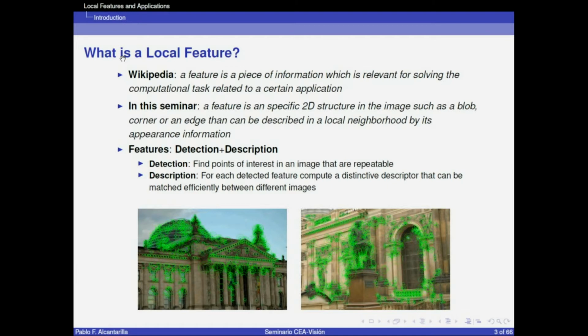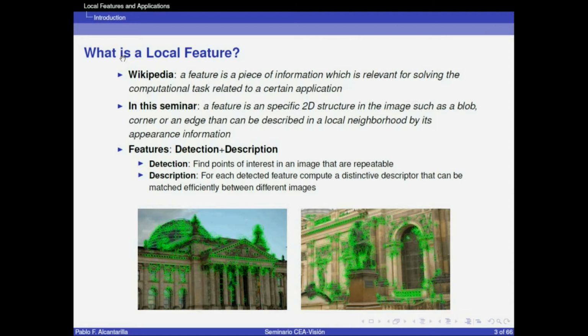Normally, when we talk about features, we need to differentiate between detection and description. In detection, we are interested in finding points of interest in the image that are repeatable. For example, we have an image of a particular object of interest. We detect a set of points of interest in that image. Then we have another image of the same object, but the image may be a bit rotated or the viewpoint may be a bit different. So we want to find the same set of points that we have detected in the first image in the second image. That means that our detector